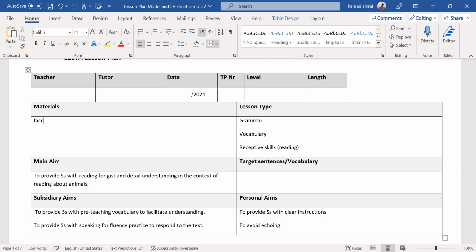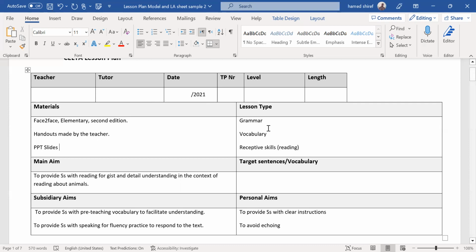Now, in the materials part, you will need to add the course book you're using. So, for example, we can use Face2Face Elementary. Okay, maybe for example, second edition. Also, you can add handouts made by the teacher if you create any handouts. And of course, we normally use PowerPoint slides to help students understand and see what we want them